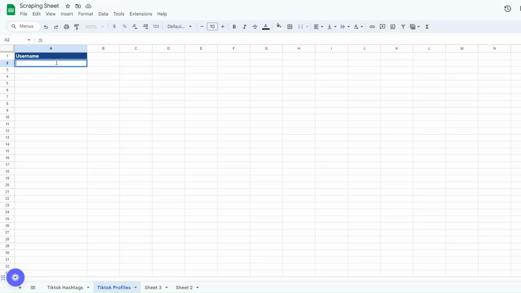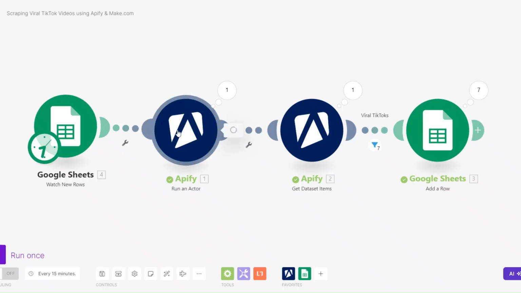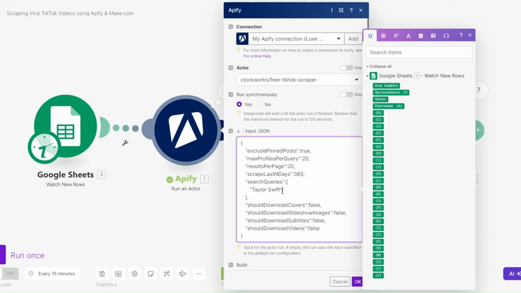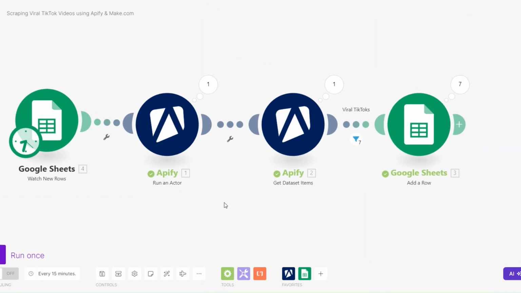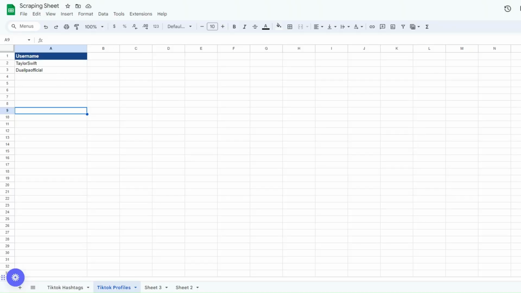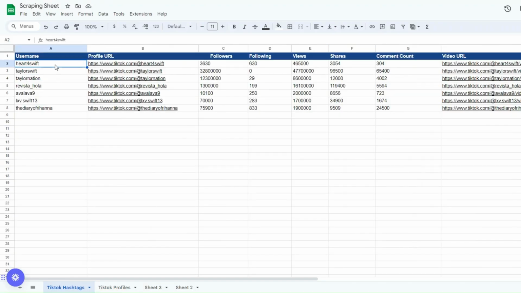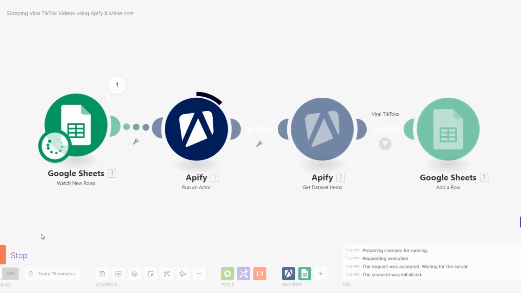On our spreadsheet, we can add, let's say, Taylor Swift, and then the other one we can add Dua Lipa. So we can add these 2 usernames right here. And then on Make, instead of Taylor Swift, now we're going to add the username column over here. Then click on OK. Now, to scrape viral TikTok videos from these 2 usernames and add them to our Google spreadsheet right here,